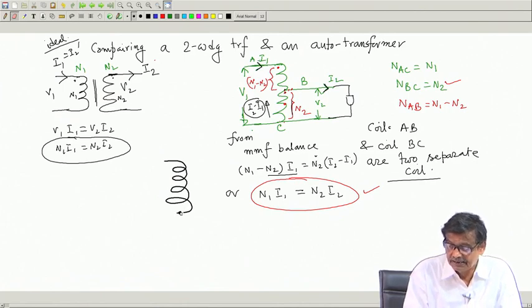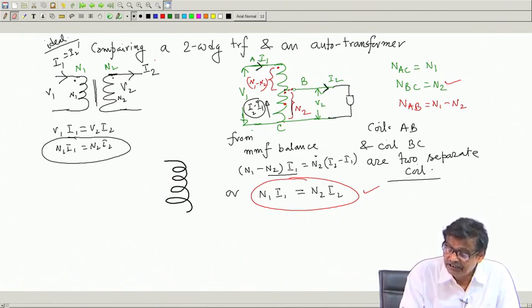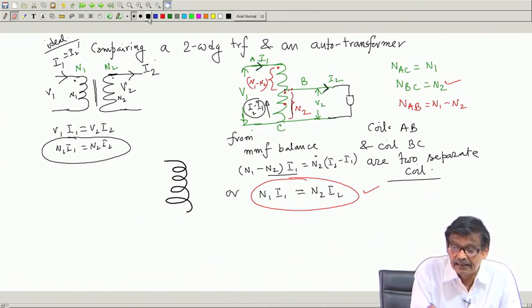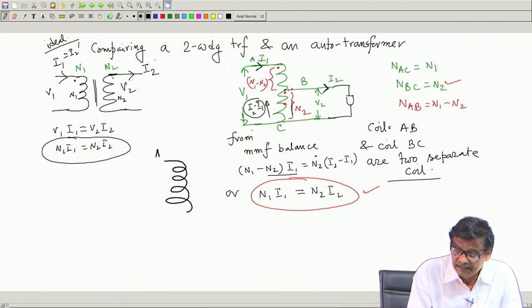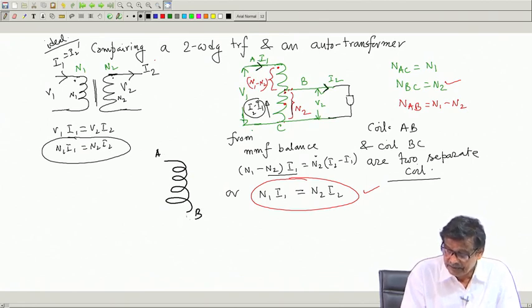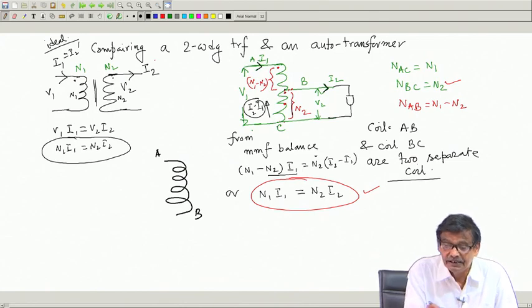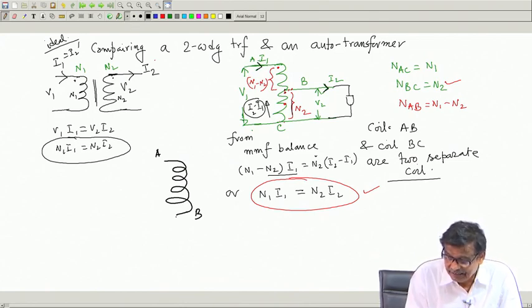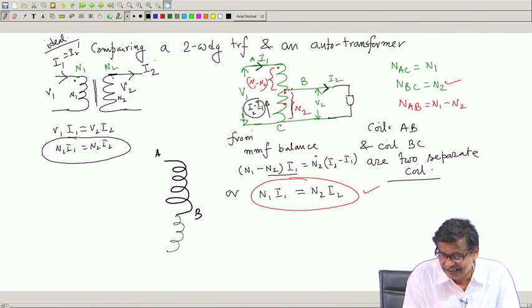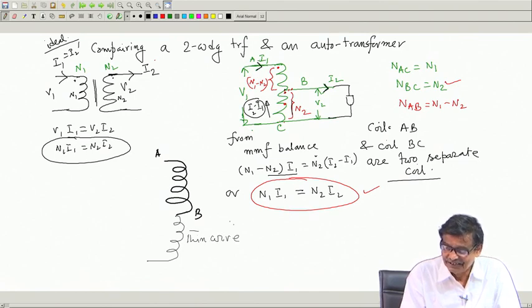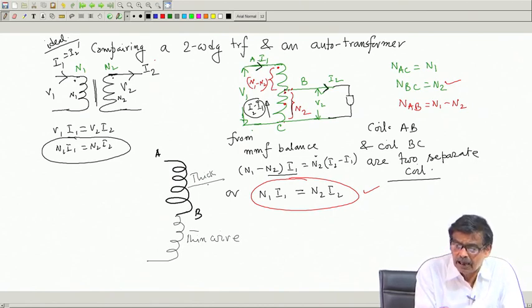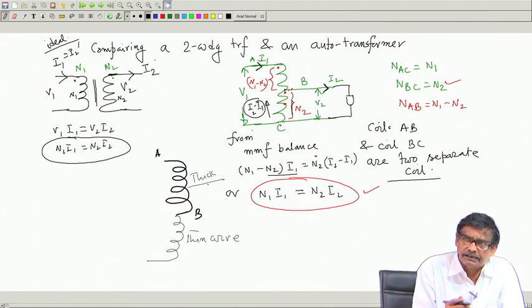thicker wire, it is like this, and for this portion, that is this is your A and this point is B. Now, for this portion BC you use a thinner wire, getting thin wire. This is crucial to understand. This should be thick. Unlike a two winding transformer, I 2 whatever load current you are delivering, that will decide what it is. If it is larger, this sectional area will be more, that is all there.